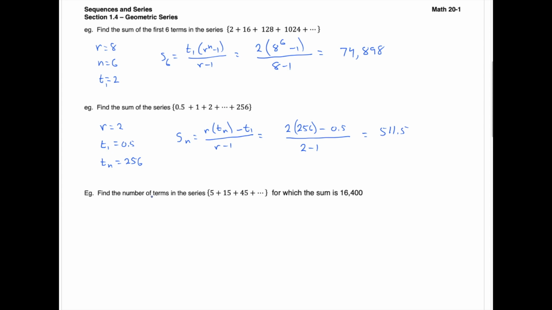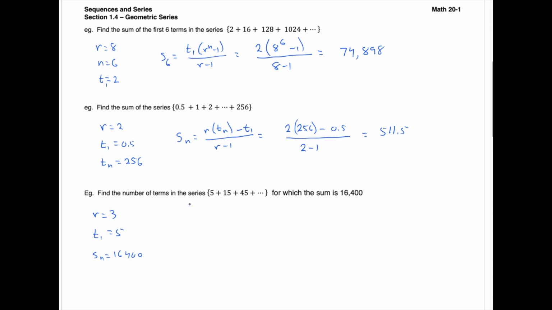For the last one, we're looking for the number of terms in this particular series, and we're told that the sum is equal to 16,400. So for here we can see 15 over 5 is 3, 45 over 15 is 3. So I can see then that my r value is going to be equal to 3. My t1 then is going to be equal to 5. I'm looking then for my number of terms. My Sn, for however many terms I have, that'll be that 16,400. So I can set up my equation here